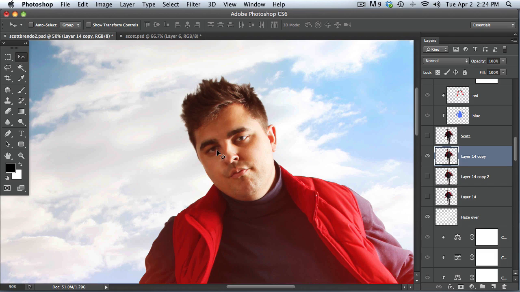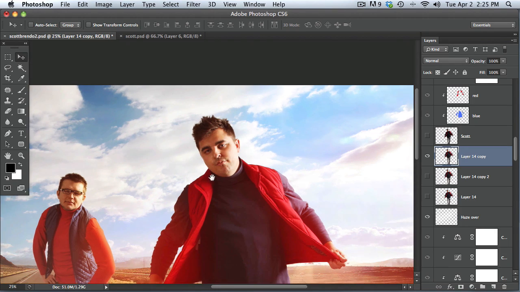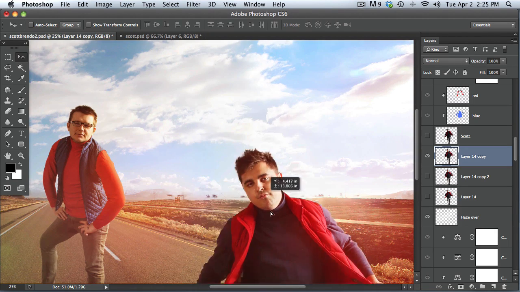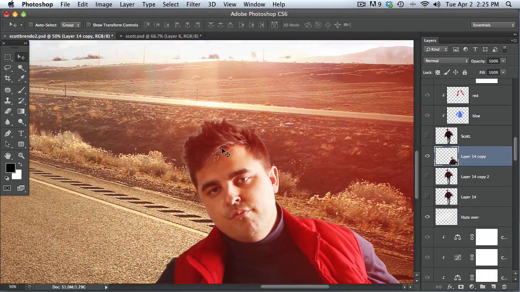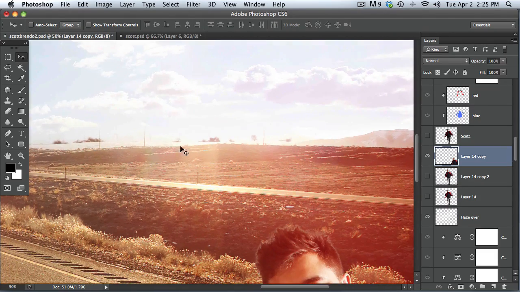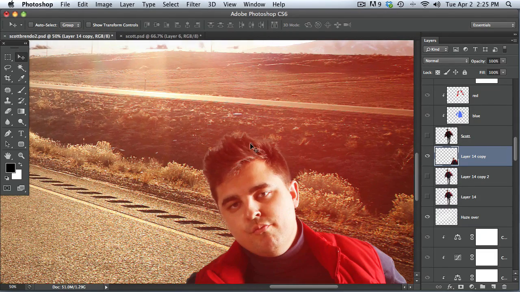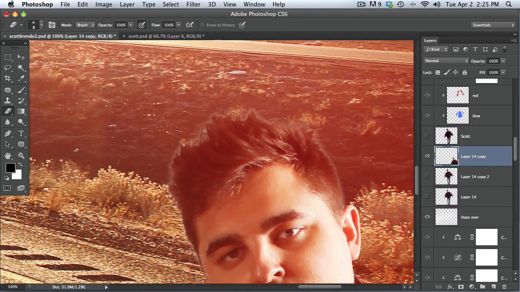Now, it gets a little bit harder if you place your model into a different background that is darker. So let me show you here. If you place this guy into a darker situation, it's going to have some haloing around his hair. You don't notice that because it's obviously on this really bright background, but when it's darker, that's what it's going to look like. To fix that, what I usually do is I will go around with my eraser tool, and